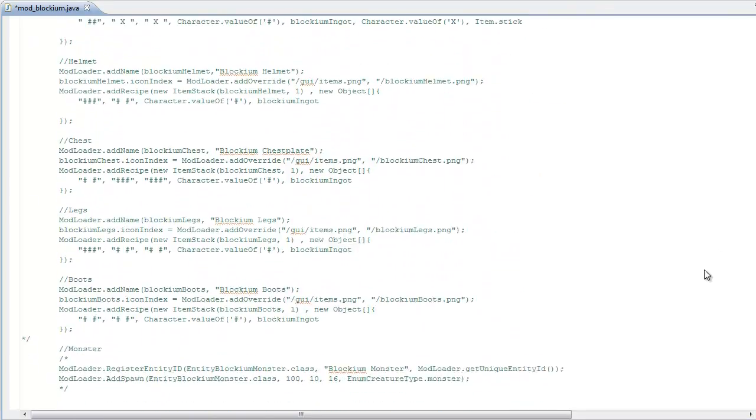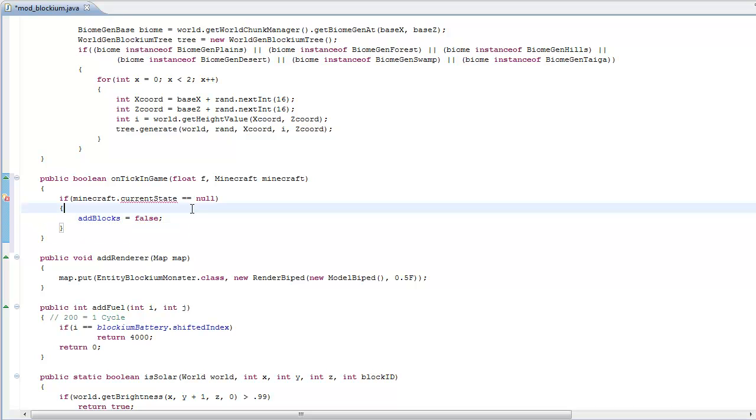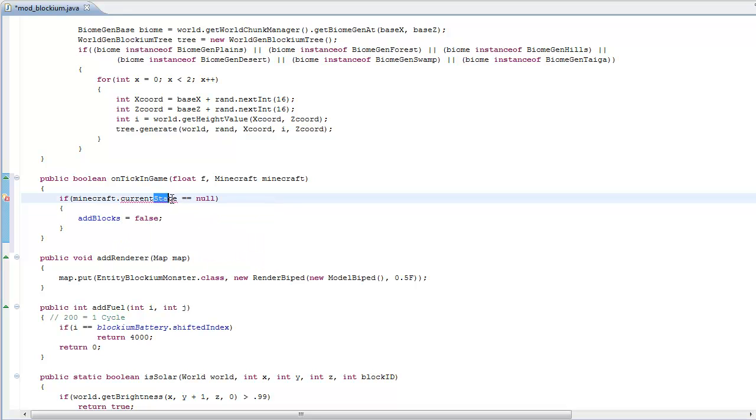Add blocks. So we're going to go add blocks equals false. This is what I'm pretty much going to do. Oh, it's not current state, it's current screen. Okay, that's why it's giving us an error. Current screen equals null pretty much means